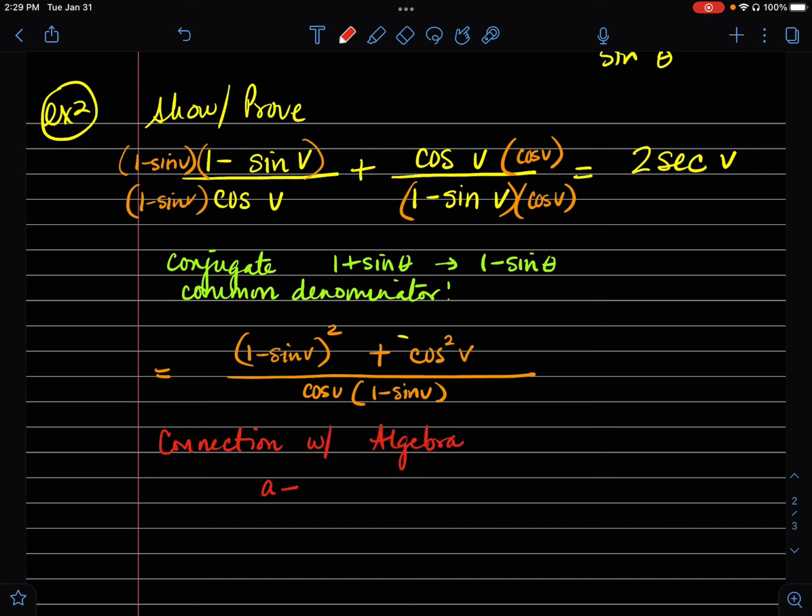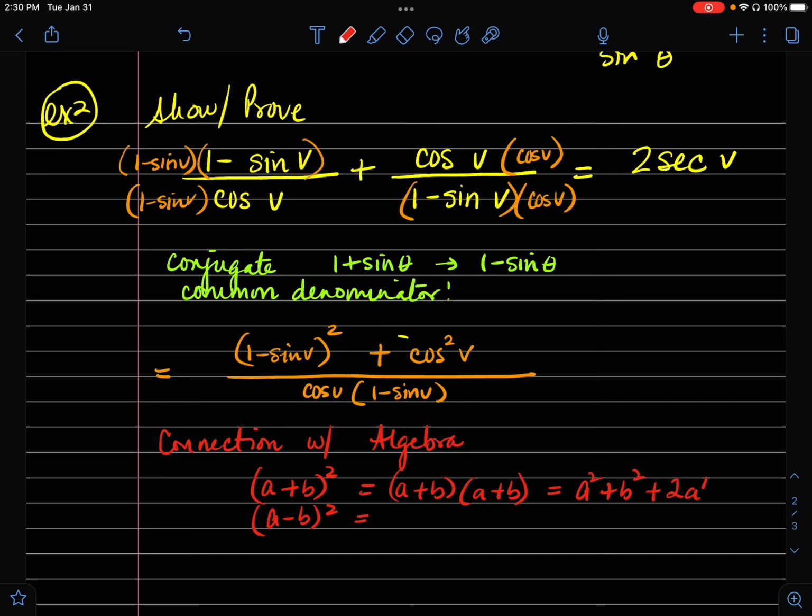If we have (a plus b) whole squared, or (a minus b) whole squared, that does not equal a squared plus b squared only. It does not equal that. There's a third term that comes along, which basically means a plus b times a plus b. And when you do the FOILing, it will end up being a squared plus b squared